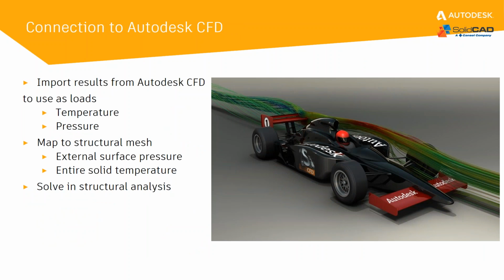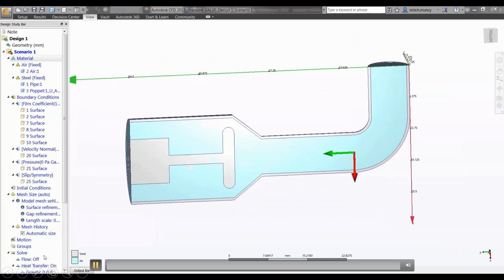Connection with Autodesk CFD is also possible. We can bring in the results from Autodesk CFD to use as loads, the temperature and pressure profiles. We'll map those to the structural mesh as external surface pressure and entire solid temperature, and we solve that in the structural analysis. Here's a